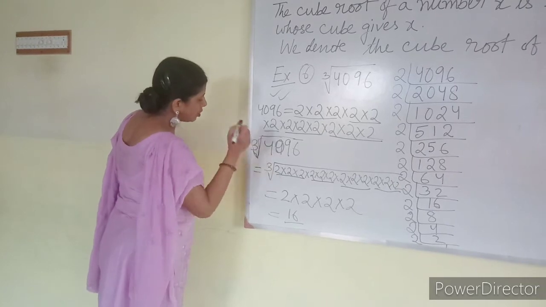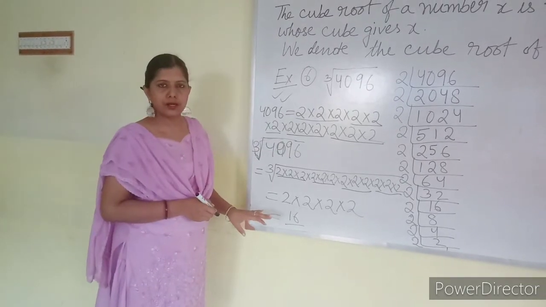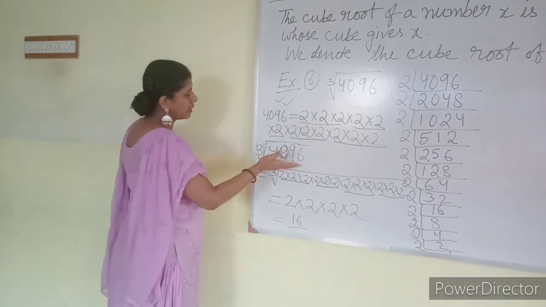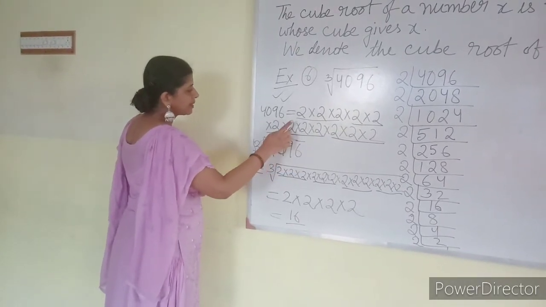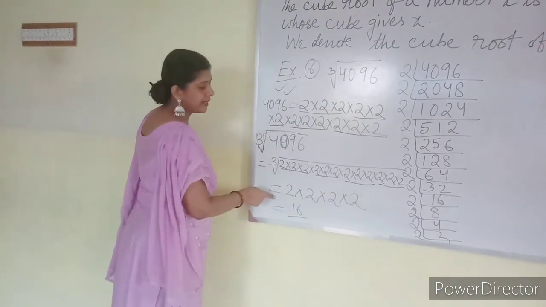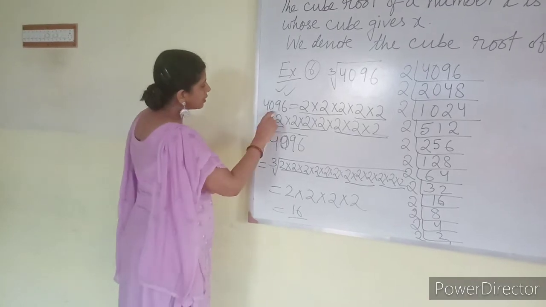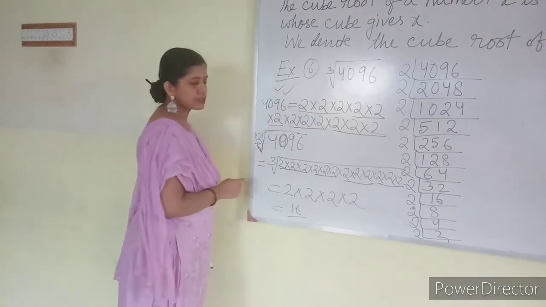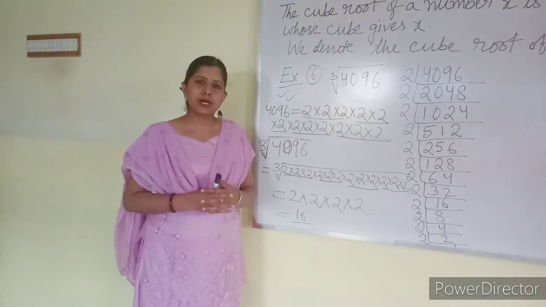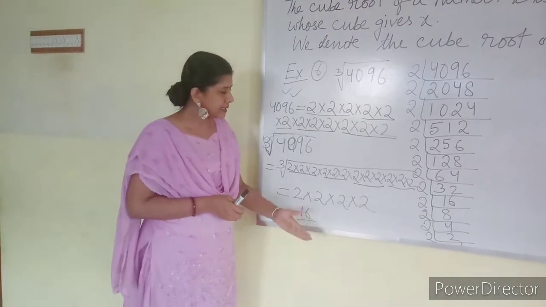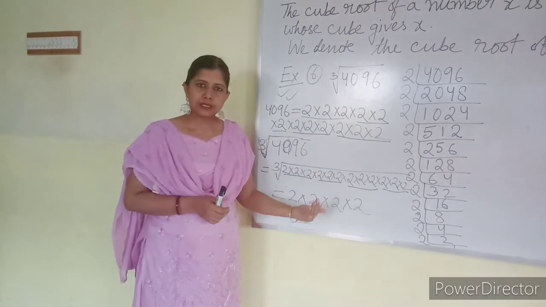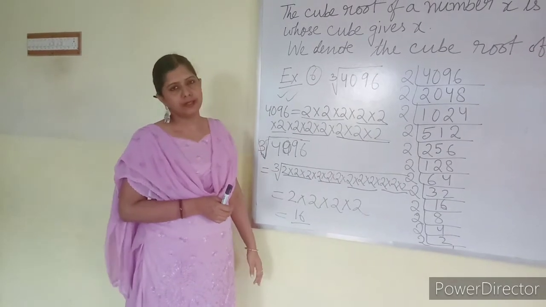Second mistake, they don't write 3 here, that also you can't do. And the third mistake, students first write this one equal to this one, and then in the third step they write this one. So how can 4096 be equal to 16? Both are not the same. If you write in that way, your marks will be deducted. Your writing procedure has to be correct in each step. Proper symbol, proper sign has to be given.